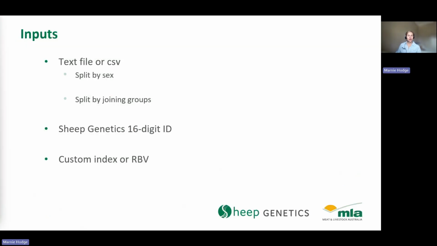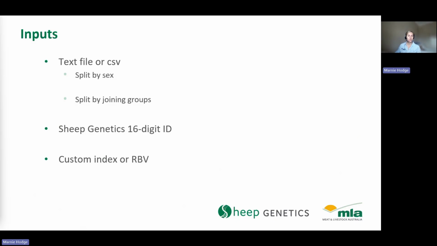So in terms of the input files, this is really important to get correct before you actually start your MateCell runs. So very important that you need either a text file or a CSV file. These files need to be split by sex, so you need to have a RAM list and a U list separately in each text file or CSV file, and then also have individual files by joining groups as well. So if you have U's that you want to AI, but also naturally mate, you need to create two different